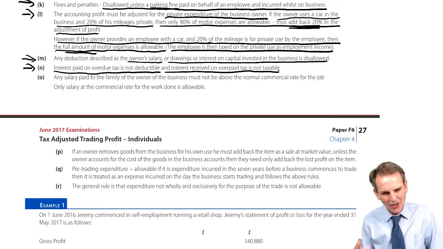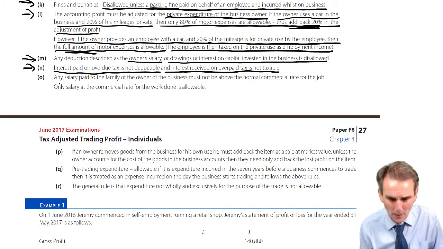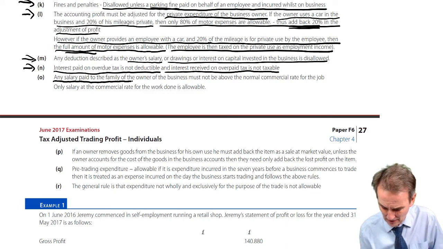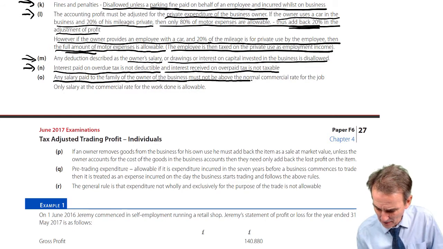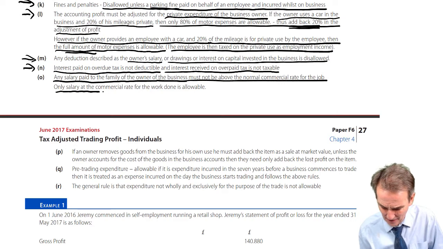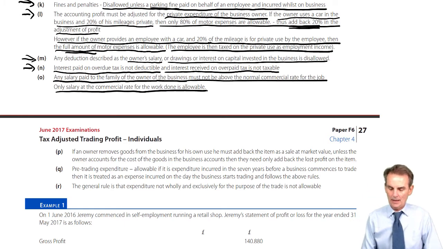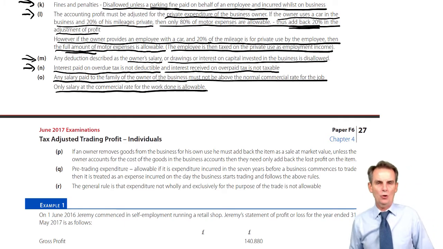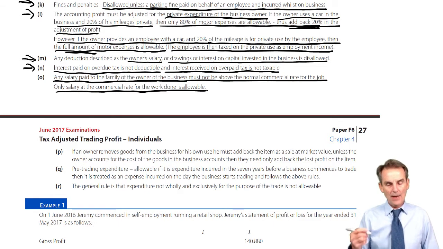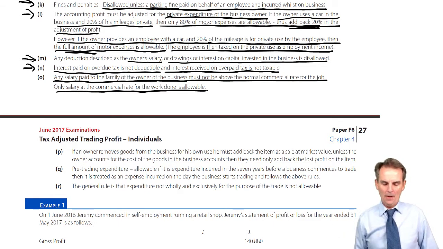But another side of that is if you employ a close relative, a member of the family, any salary paid to the family of the owner of the business must not be above the normal commercial rate for the job. Only the salary at the commercial rate for the work done is allowable there. What you can't do is employ your spouse within your trade and then overpay. So why might you do this? What you might have in an exam